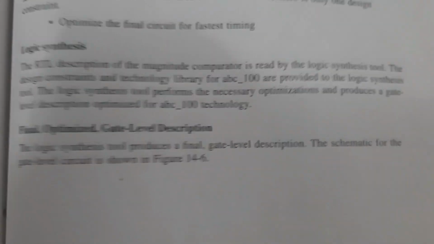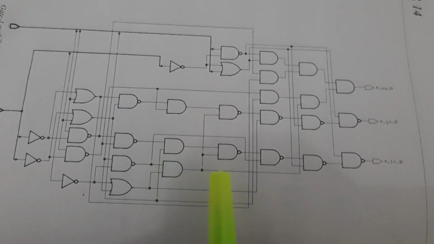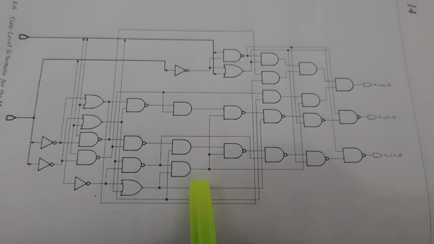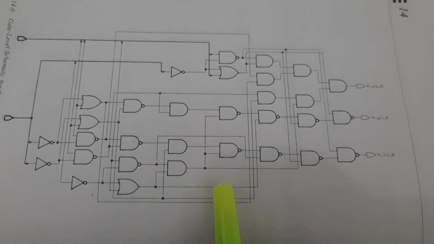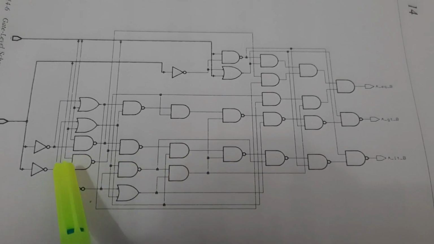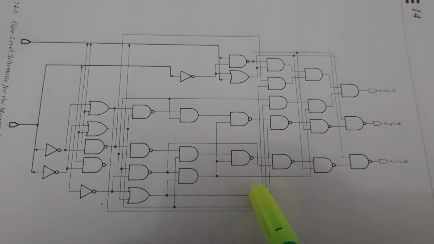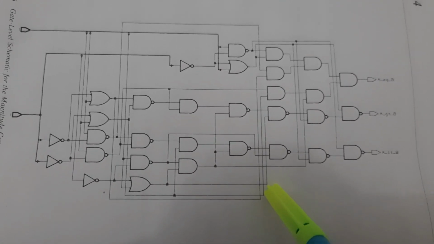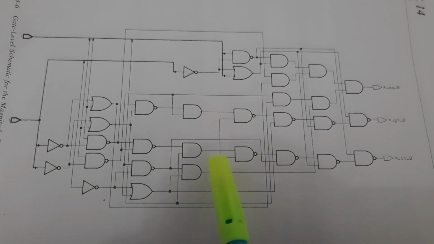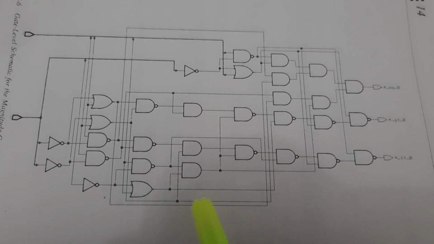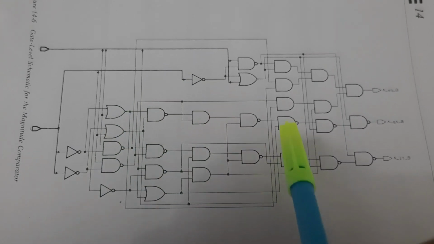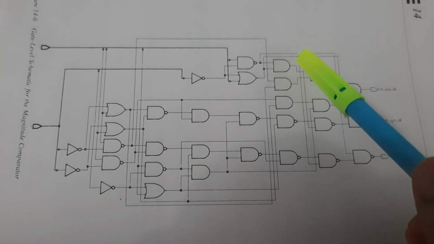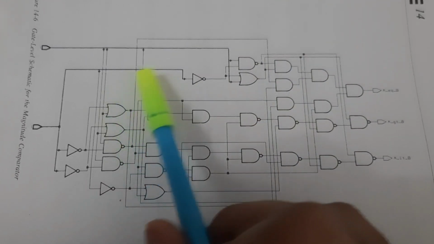We will get the final gate level circuit for this magnitude comparator like this. They have shown it for 4-bit, but we wrote the code for 1 bit. So this is a 4-bit magnitude comparator. At the RTL level we will get the final gate level netlist to estimate the amount of gates needed to construct a specific system. Also we can find the interconnection between each gate. So at the RTL level we can generate the netlist that provides the amount of gates and also the interconnection between them.